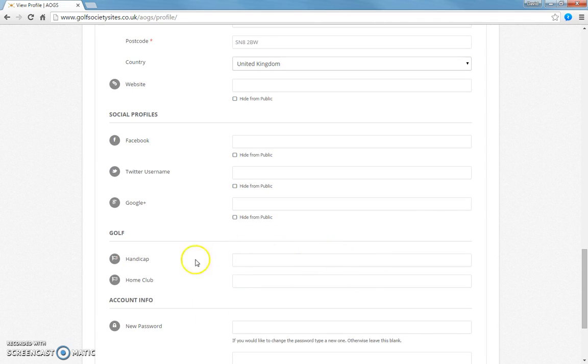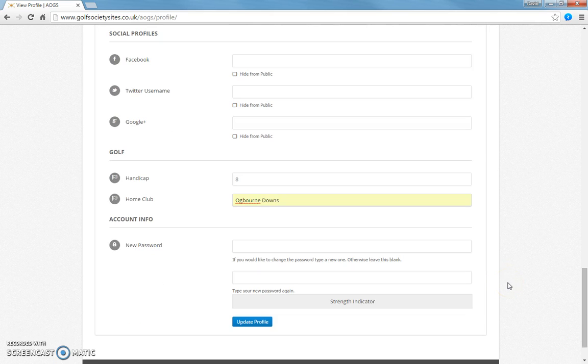Then finally your golf. So if I put into here my current handicap and my home club, and there we are, we're pretty much complete. And I can now simply save that by clicking Update Profile. Alternatively, if you'd like to change your password to be something other than the one that you were issued with, then you simply type in your new password here and then retype it just to make sure you haven't made any errors. So if I now click Update Profile,